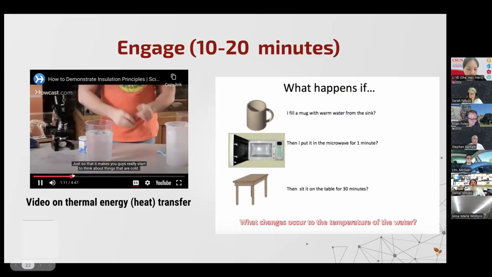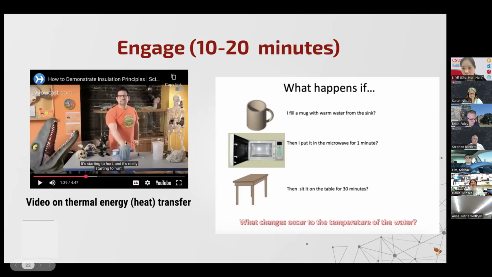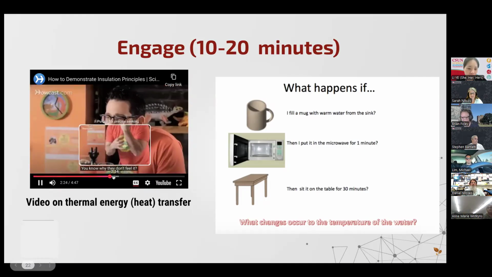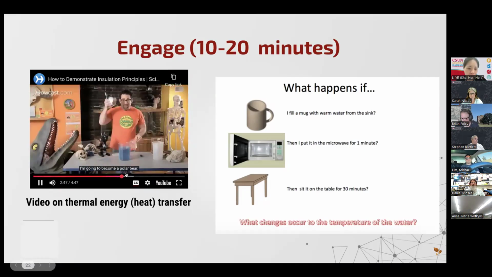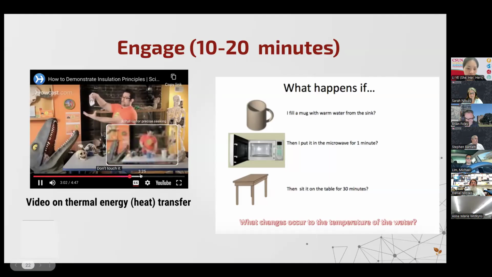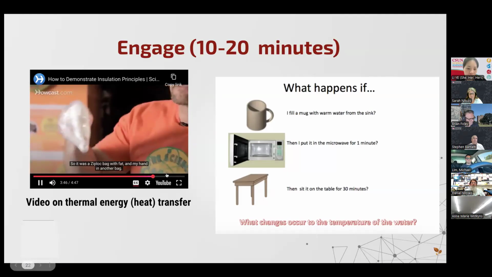Okay. Put his hand. Make sure you guys really see this water. And then of course he can only put it in for a few seconds and then has to pull it out because it's too cold, right? But then he pretends to be a polar bear. Polar bears live their lives in ice cold water. You know why? They have a layer of fat inside. So he put this fat shortening into the bag and put his hand inside it. Don't touch it, grab it from the outside. Now check this out. So it was a Ziploc bag with fat